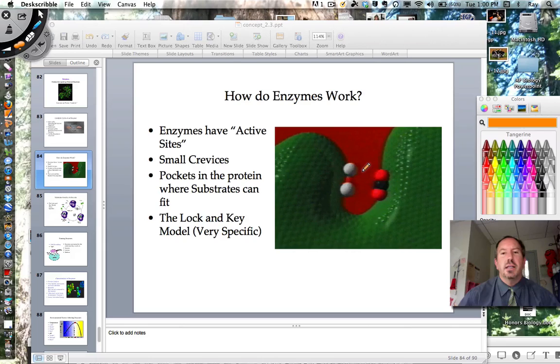This pocket, this is where the analogy of a baseball glove kind of comes undone, because as you know, a baseball glove is supposed to catch baseballs, but it can also catch oranges or lemons or a softball, or really anything kind of round. But enzymes are extremely specific, which means that only that substrate is going to be able to fit,